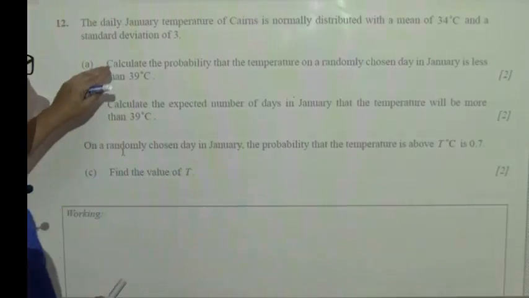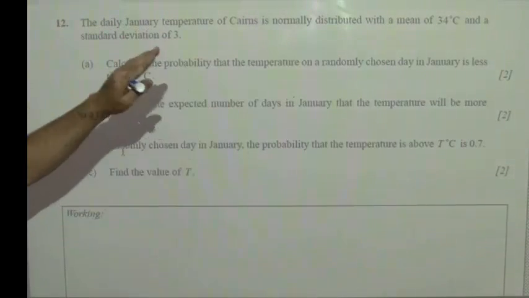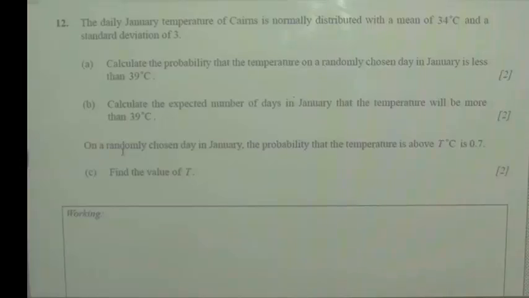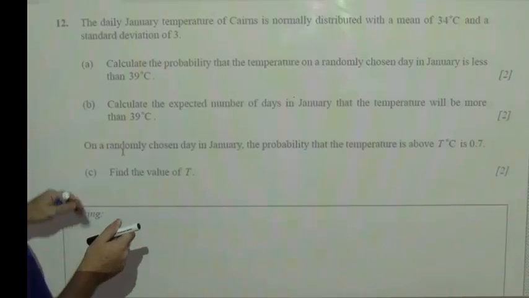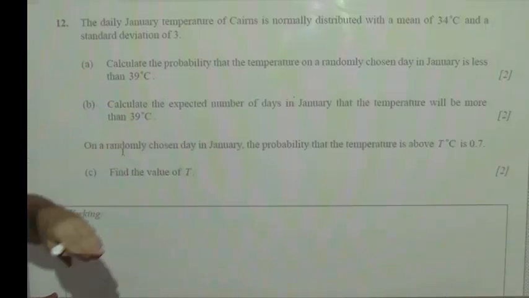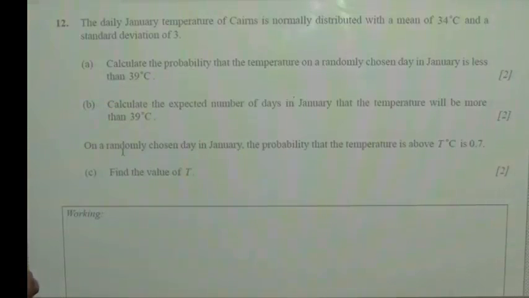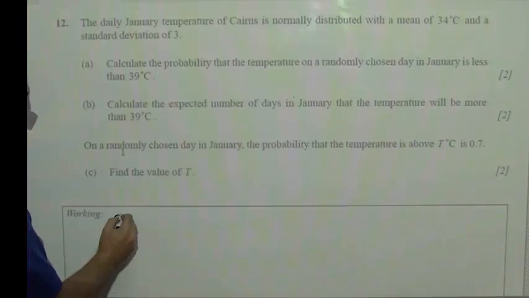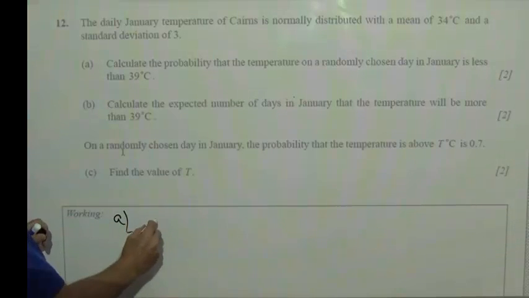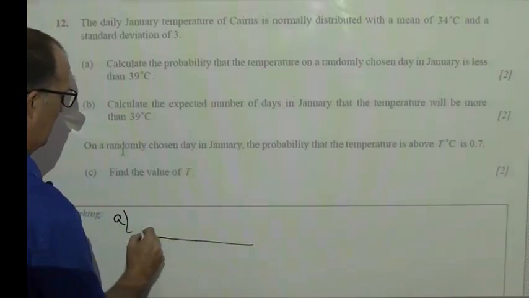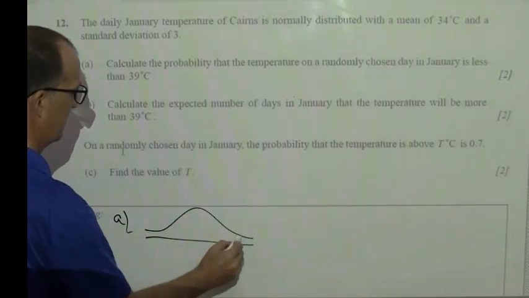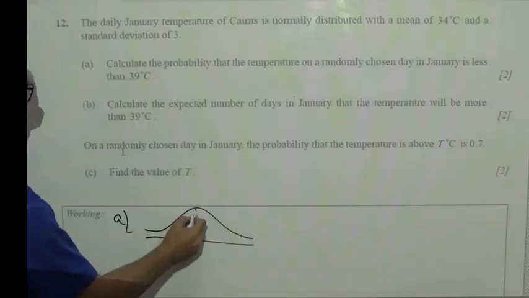But we have the January temperatures of Cairn is normally distributed, mean of 34, standard deviation of 3. So part A, calculate the probability of temperature of a random chosen date is less than 39. Now I'm going to do this down here, but I have that whole box. So for part A, this is work that's simple enough to show. And that is